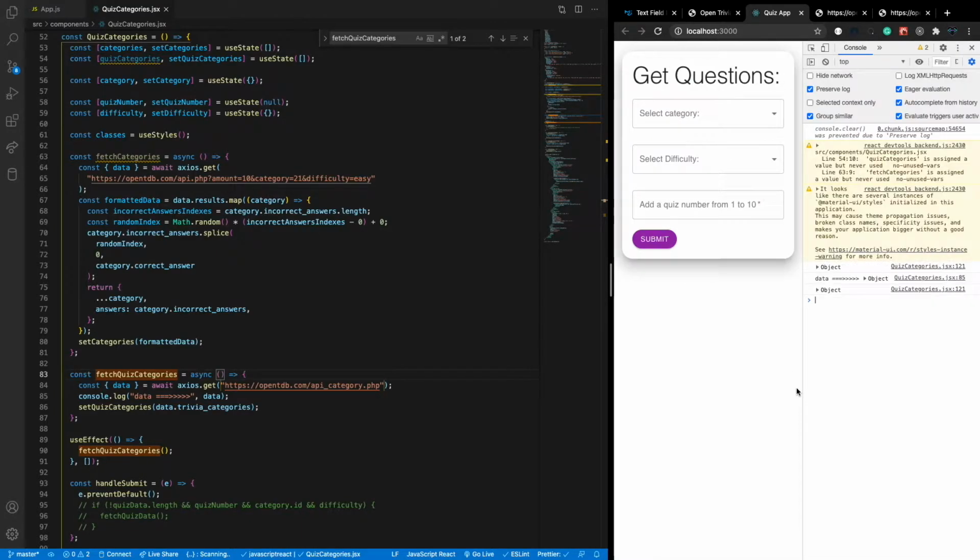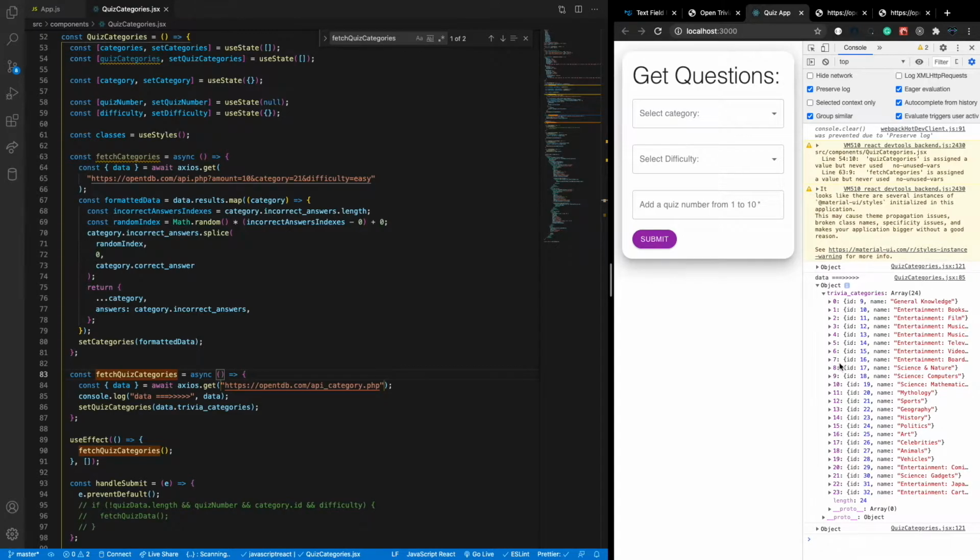Open the console in your browser, open this data. This is the console log that we added. As you see here, it will be data.trivia_categories. This is a list of categories that we need to display first. And now we got this list of categories,